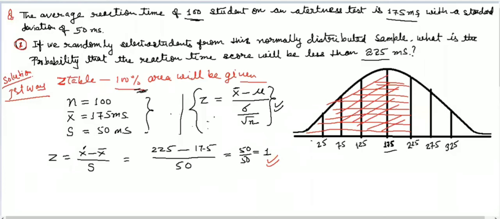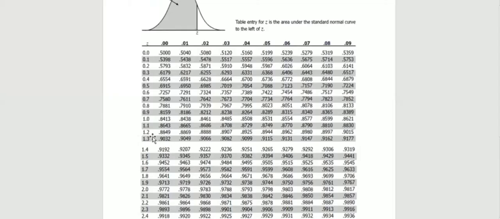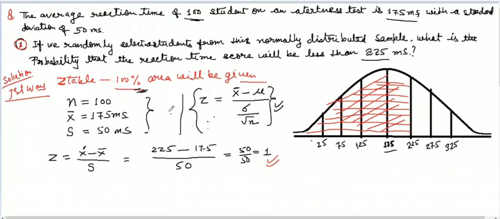So go to that column and see 1.0 is there, and go to the right side of this row. 1 point something is there, like 1.1, 1.2. So we will take 1.0, and this column represents 0. Go to the right, and here, this is the 100% table. So for this, write down 0.8413. So the z-score value will be here.